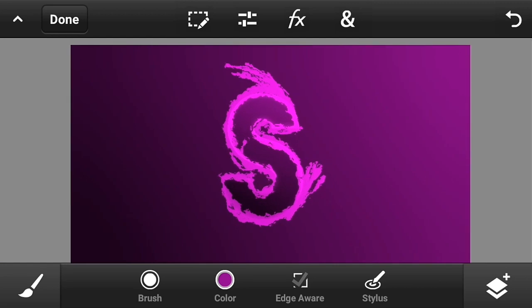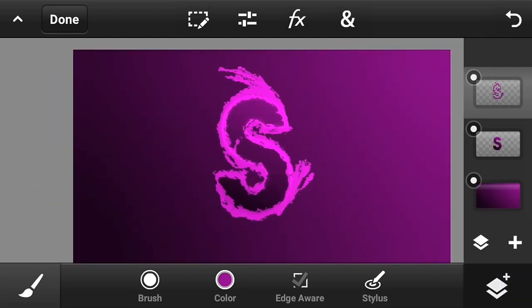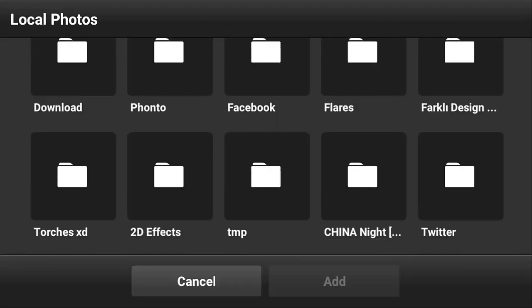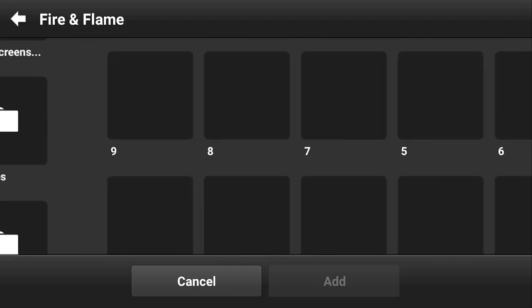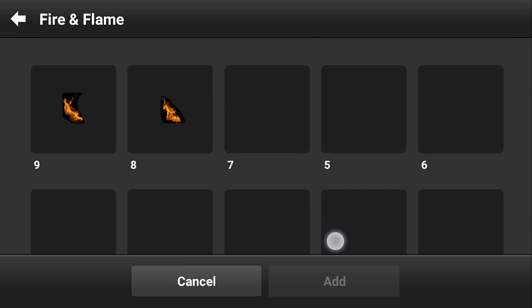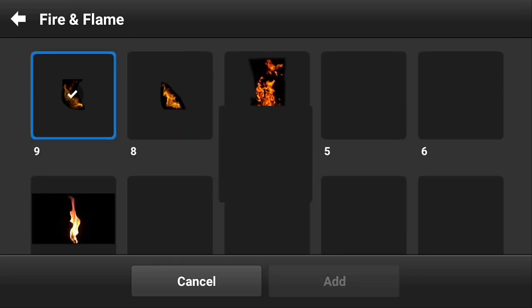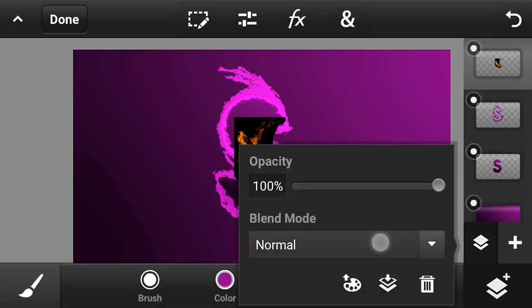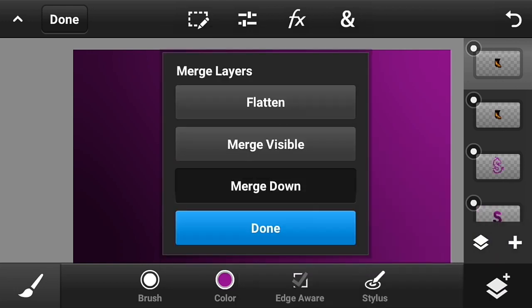So it's like fire things like that. Now go to the photo library and download some random fire images from Google, like these things, guys. I will go and add them, make the blend mode screen, then duplicate and merge it down just like that.